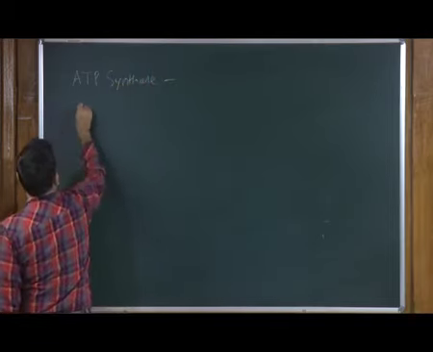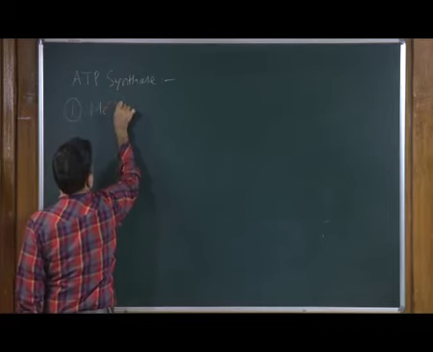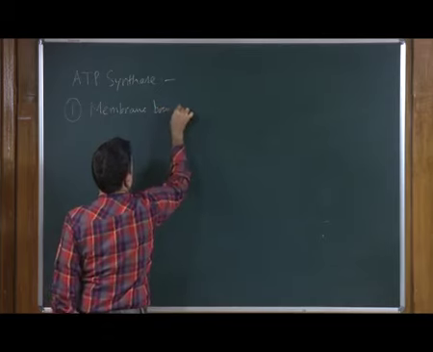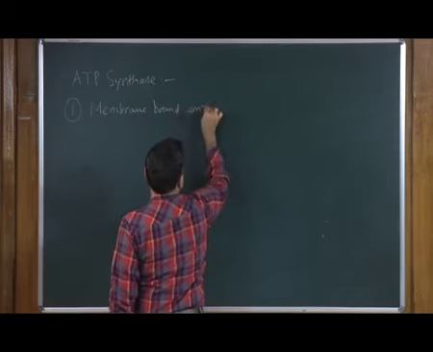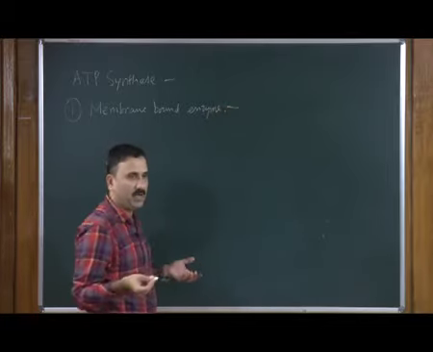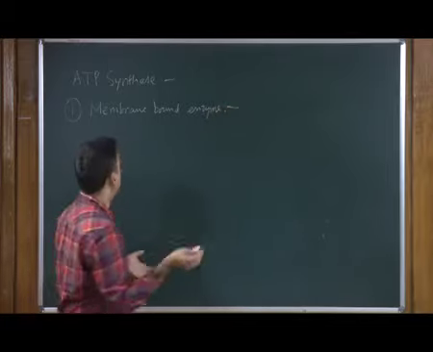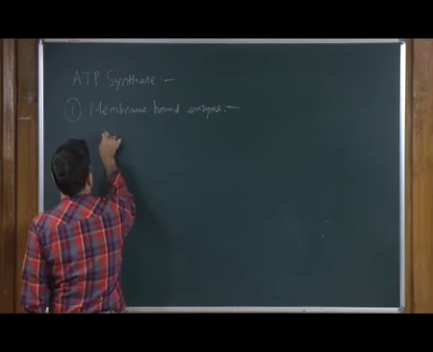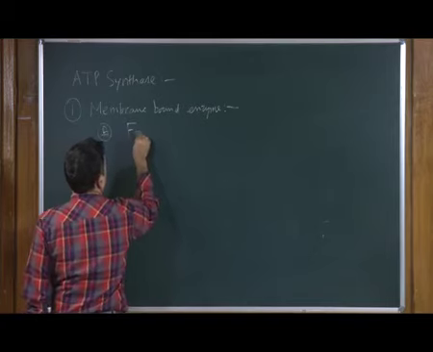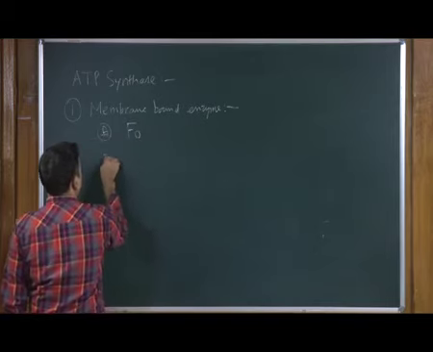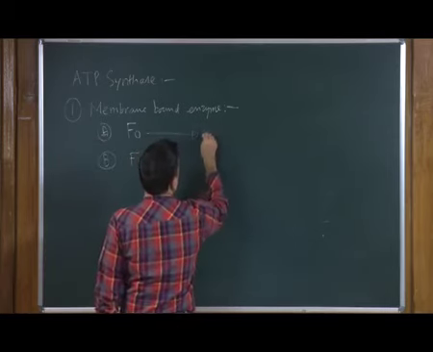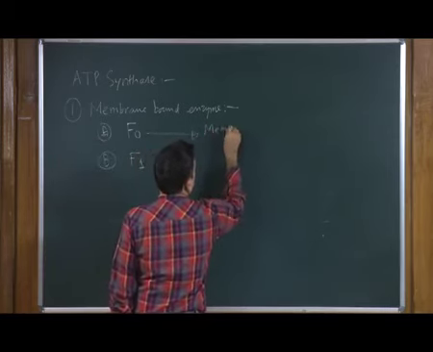So, ATP synthase is a membrane bound enzyme or enzyme complex. It mostly has two subunits or two components. The component number 1, or A, is called FO, and the component number B is called the F1. The FO is the membrane bound component,